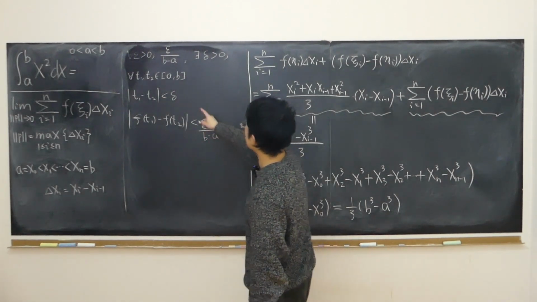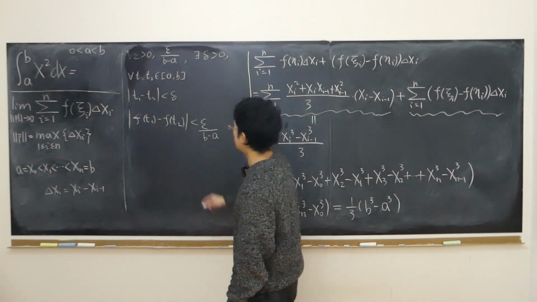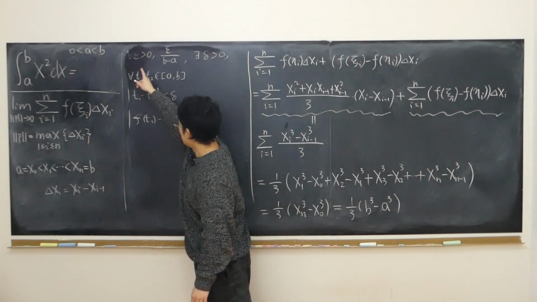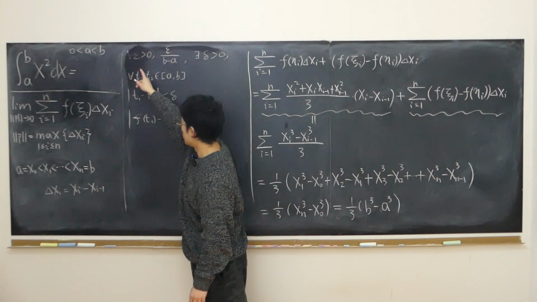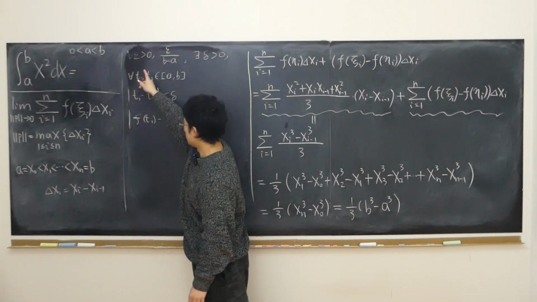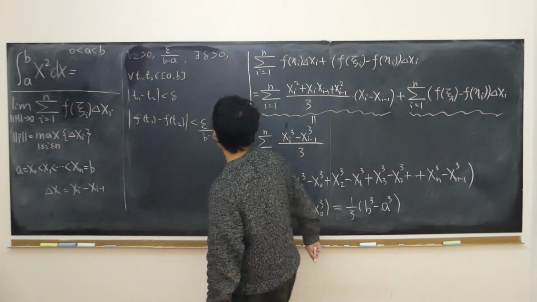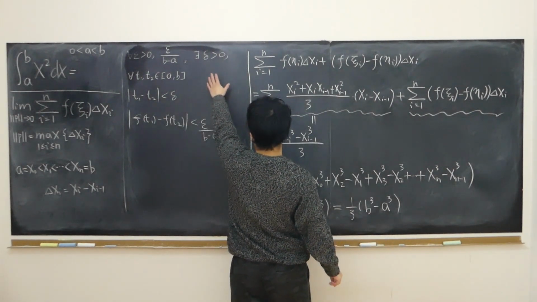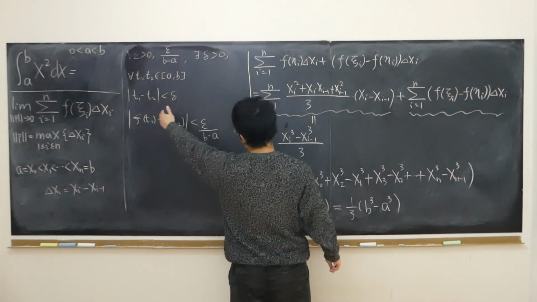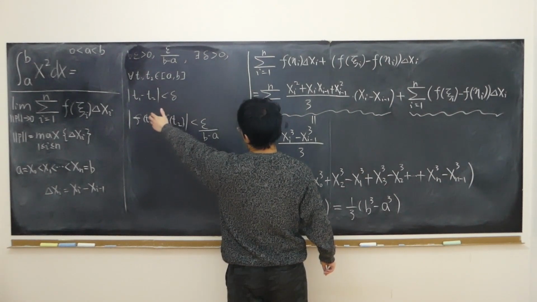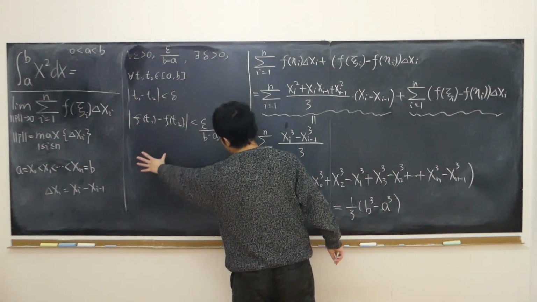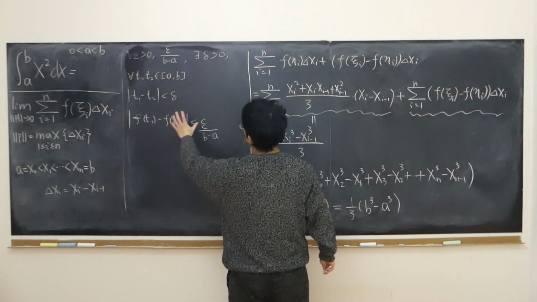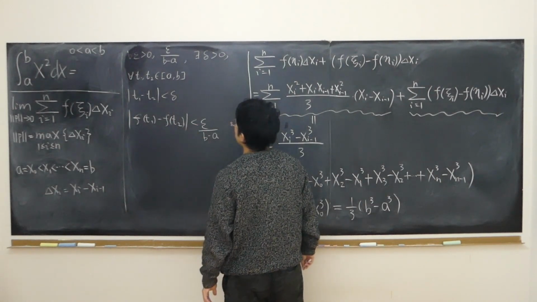As for this epsilon over b minus a, it is derived from any given arbitrary positive number. Once given, we fix it, right? And this delta is what we found using the property of a uniformly continuous function. So this has to hold true. Therefore,